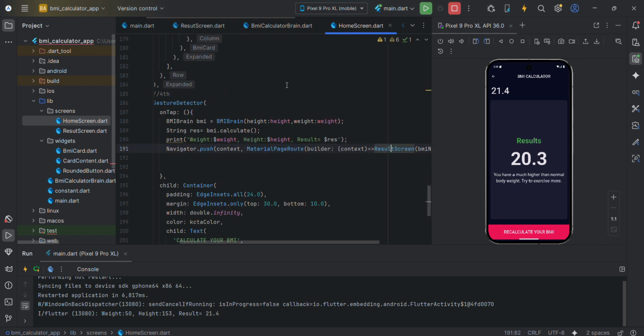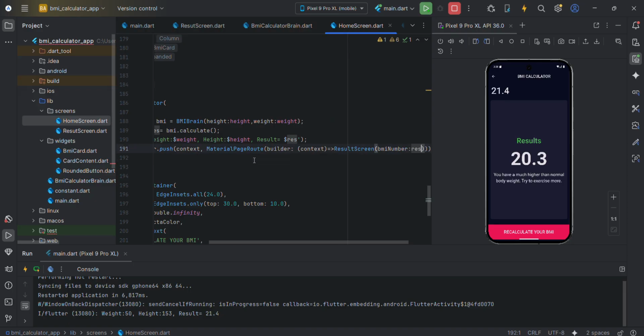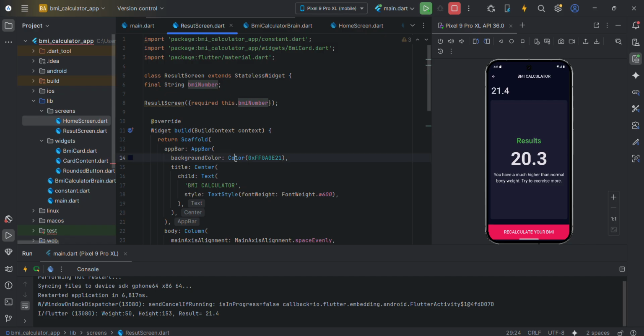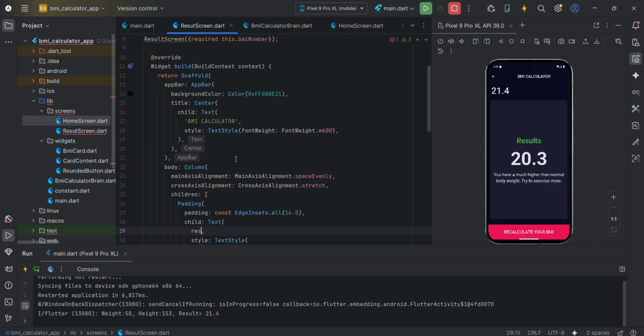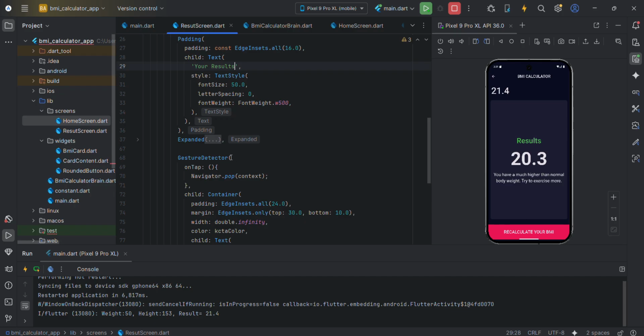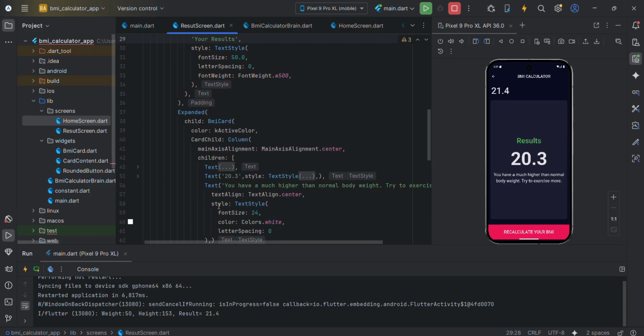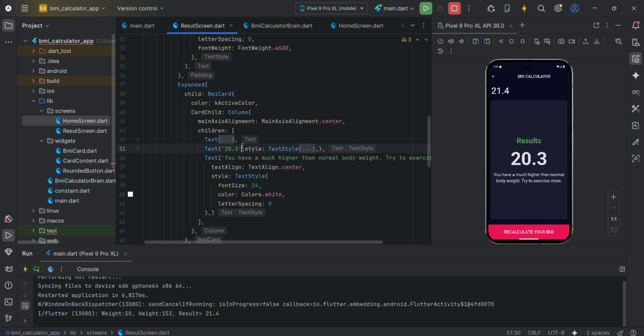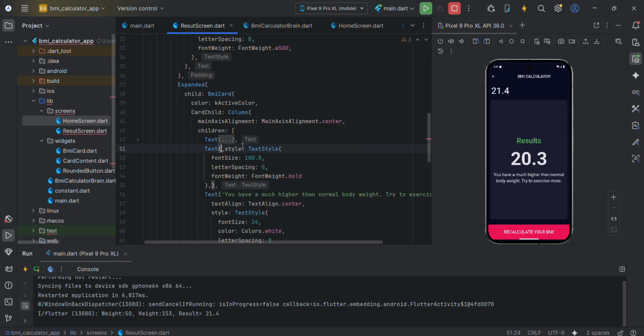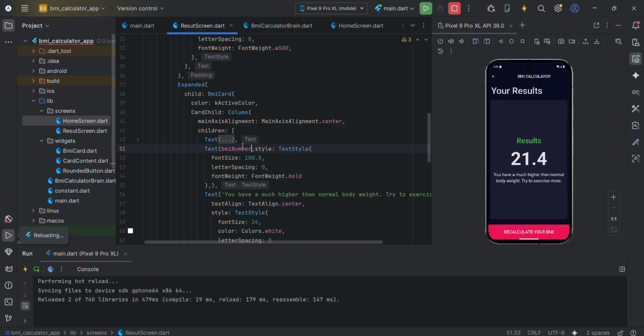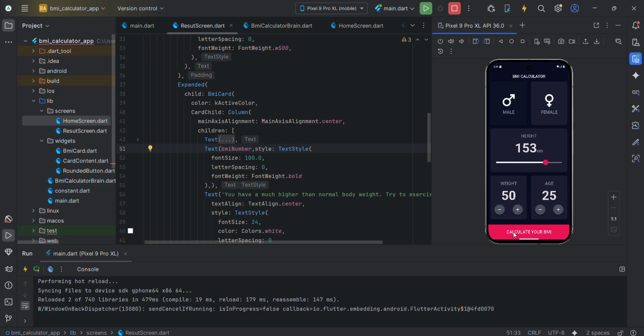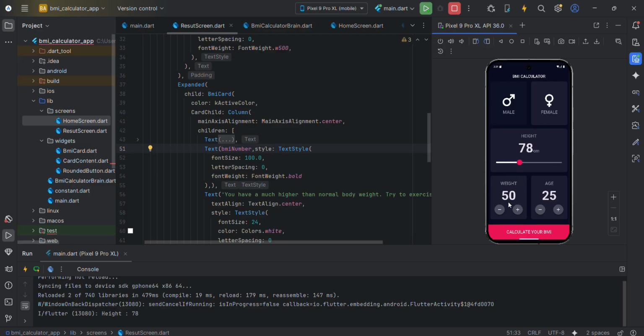So let's, instead of making it this result, just go back, not here in the BMI, in the result. So here it should be the normal results. Down right here, instead of number, we are giving a BMI number. Okay, now it's working. See, if I just go back and calculate however I wanted,